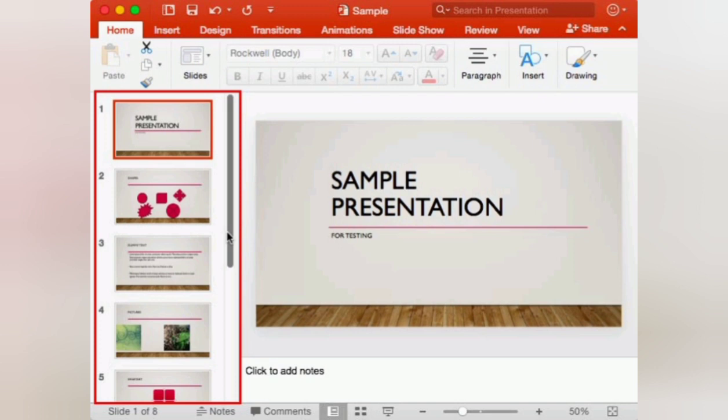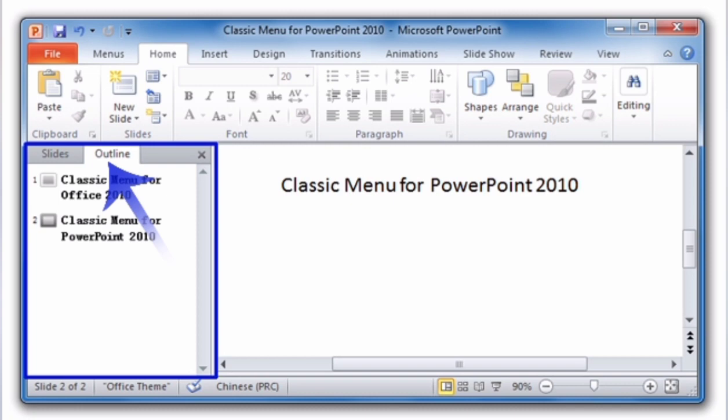We can view all the slides there. This is known as the slide pane. The outline pane shows a text outline of all the information on the slides. It also shows on the left side. If you click on Outline, it displays the text information.